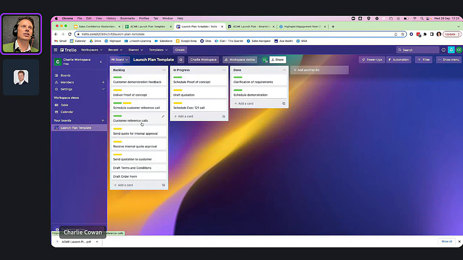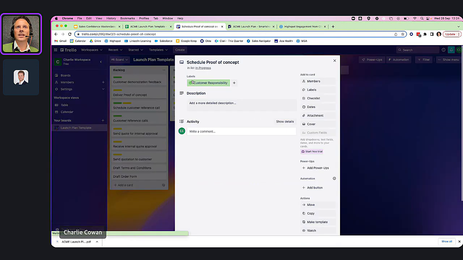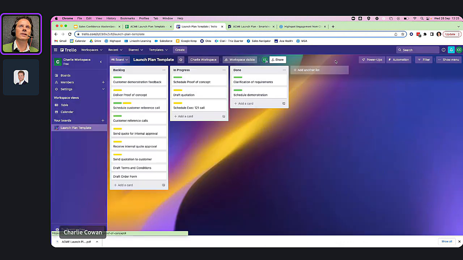So it's really easy to create these boards, and in a board you can create lists. It's really easy, and then you add these cards to an individual list. And a card is just simple. You can just have it as a title like here, or you can write more detailed descriptions about what is going to be going on in that specific activity if you want.